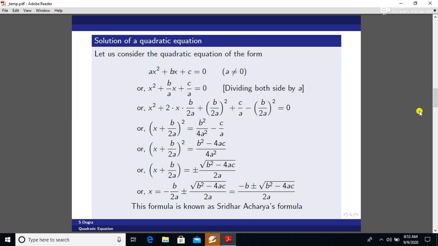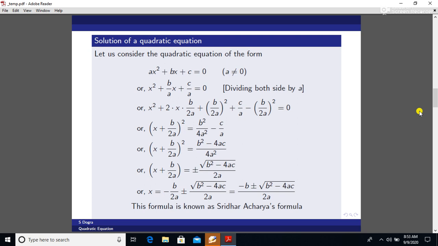It can be written as x² + 2·x·(b/2a) + (b/2a)² + c/a − (b/2a)² = 0. We notice that there was no (b/2a)², therefore we add (b/2a)² and then subtract (b/2a)². Composing first three